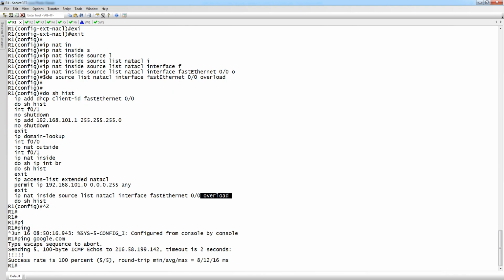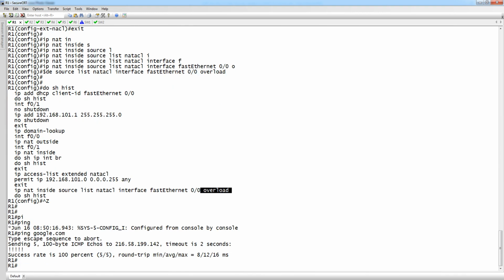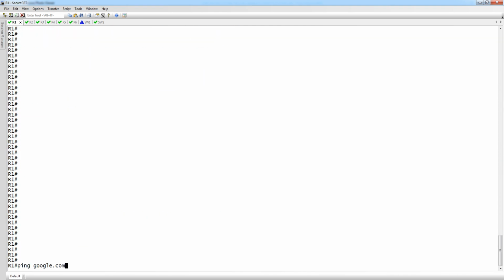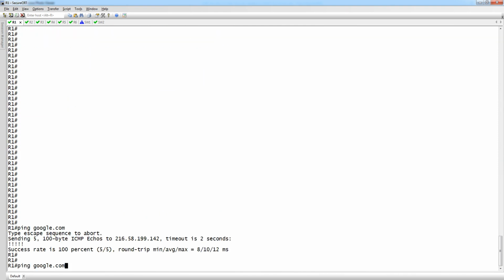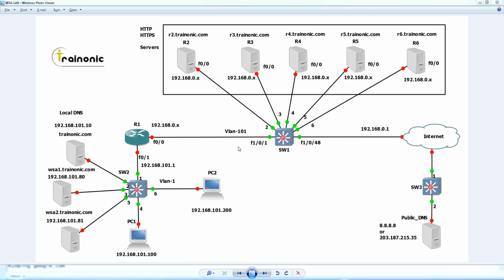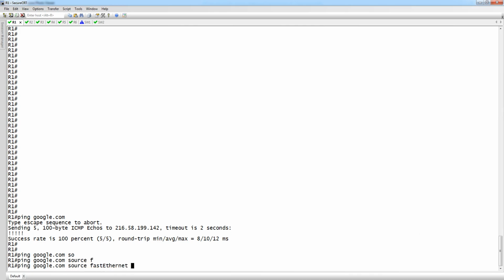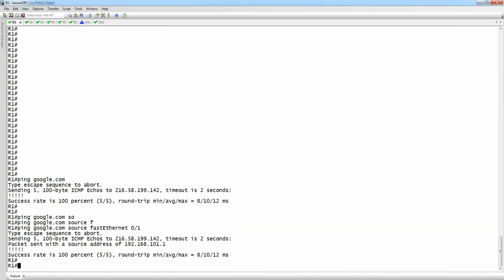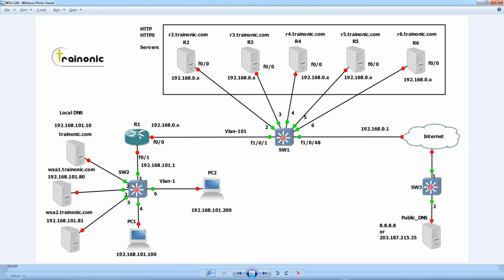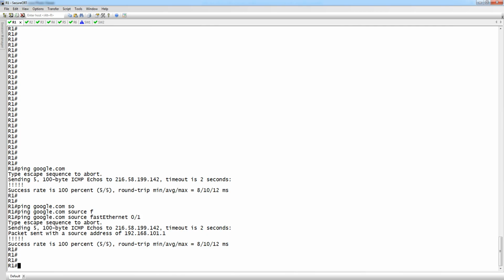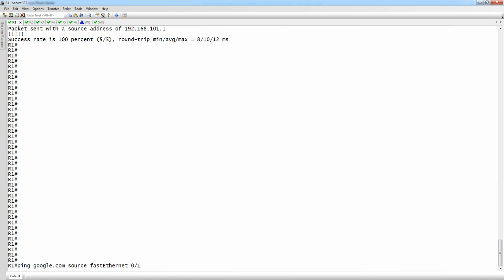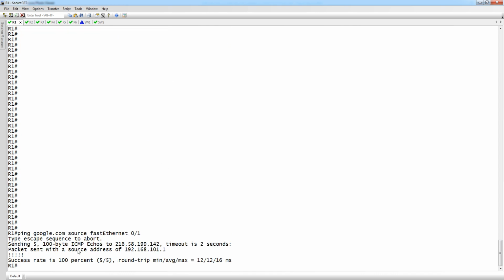The router is already able to communicate with the internet, but our task is that our LAN should be able to communicate with the internet. So source 0/1, R1 LAN 192.168.101.1 is able to communicate with the internet.